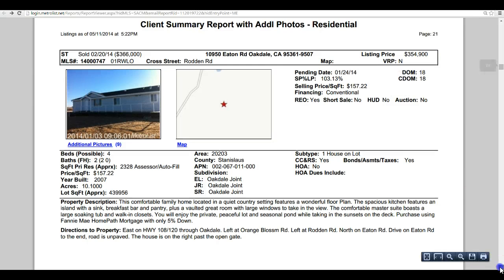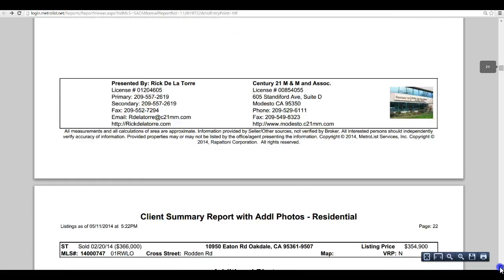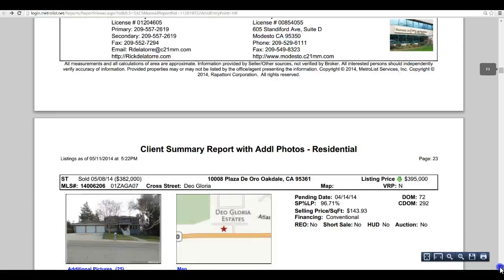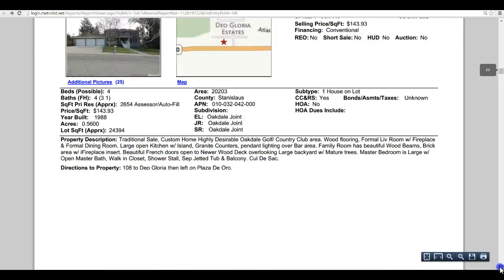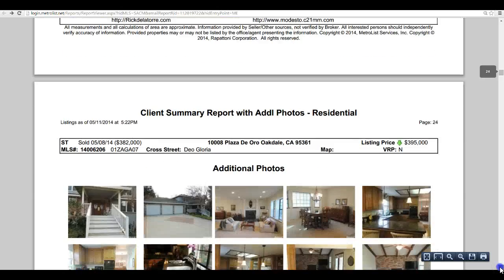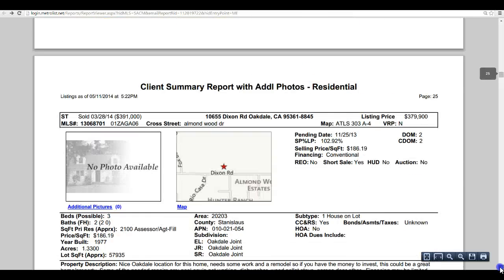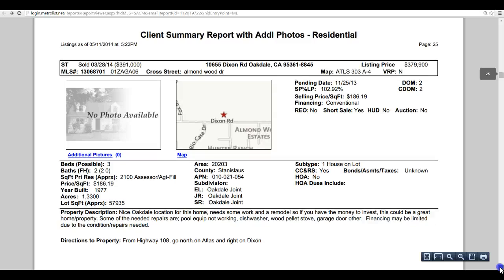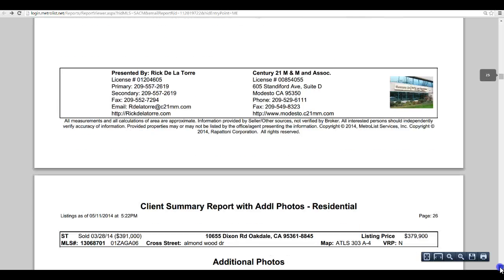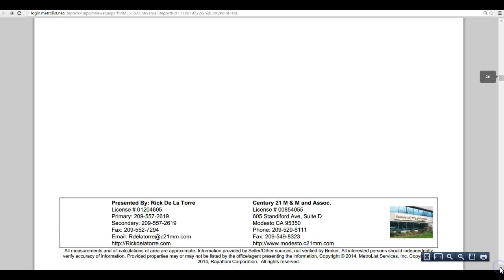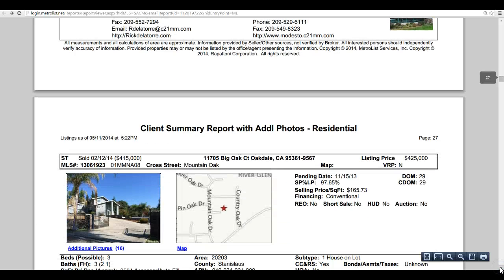Again, 354.9. Let's go faster and see if we can go faster. 354, 395, 395, 379. So it looks like 379. So let's say the average, here's a